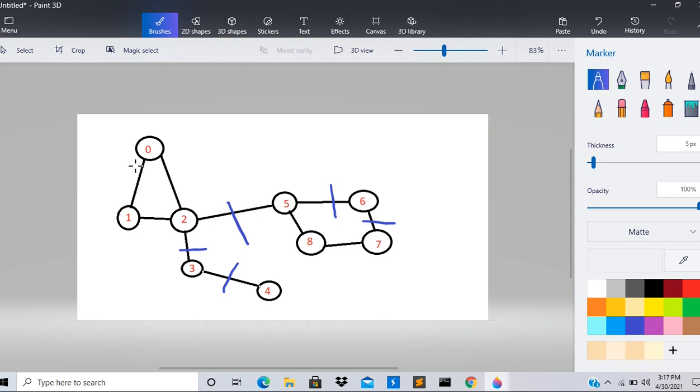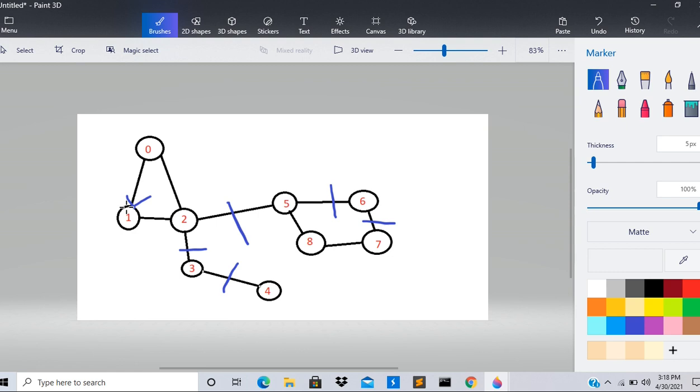As I said, we have to convert this undirected graph into a directed graph. From node 0 to node 1, since node 1 was unvisited, we would mark this node as visited, and we would store this edge 0 to 1 as a directed edge. By directed, we mean we can reach from node 0 to 1 but not from node 1 to node 0.